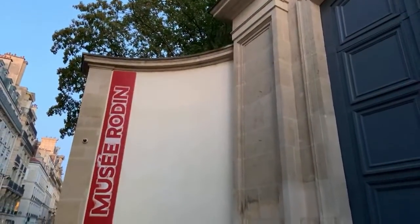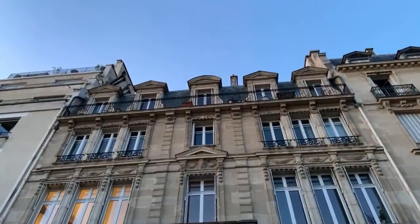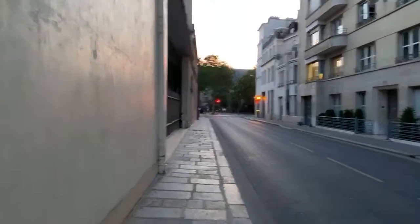But if you take it all in, the whole wide door and everything, there's the spelling of it if you've not heard of Rodin before. This one I'm a fan of. This whole building is a 10, isn't it? So now we're getting to the point where I'm at the end of the street, and it will have to be